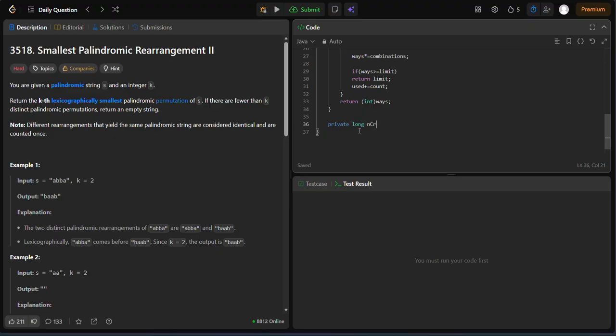So to be on the safer side, it's very essential to use long. Here we pass n, r, and then the limit. Okay, now what is our r? R is minimum of our